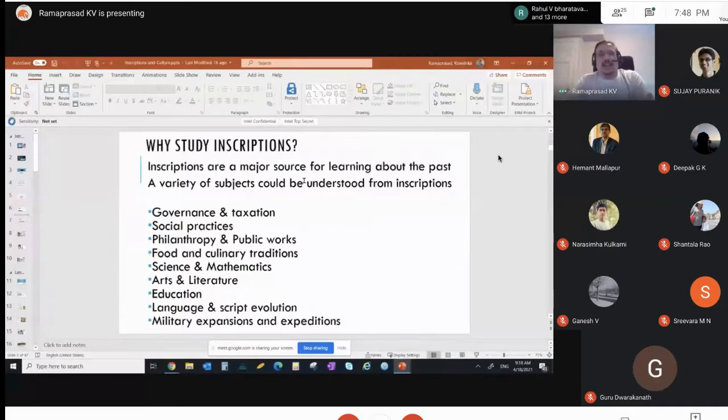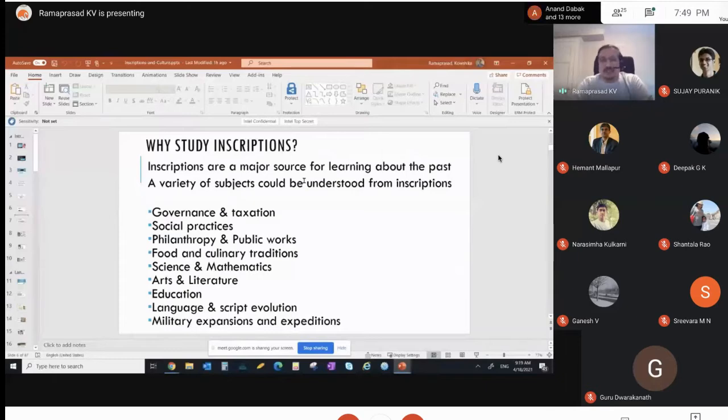Okay, so inscriptions are a very major source for learning about the past, as I said. And the variety of subjects that you can see from these inscriptions is enormous. You will learn about the governance and taxation of those times, the different social practices, what types of philanthropy or public works were being undertaken by the kings, officers and governments of those times. You can also learn about food and culinary traditions, science and mathematics, arts and literature, music, dance, education, languages and